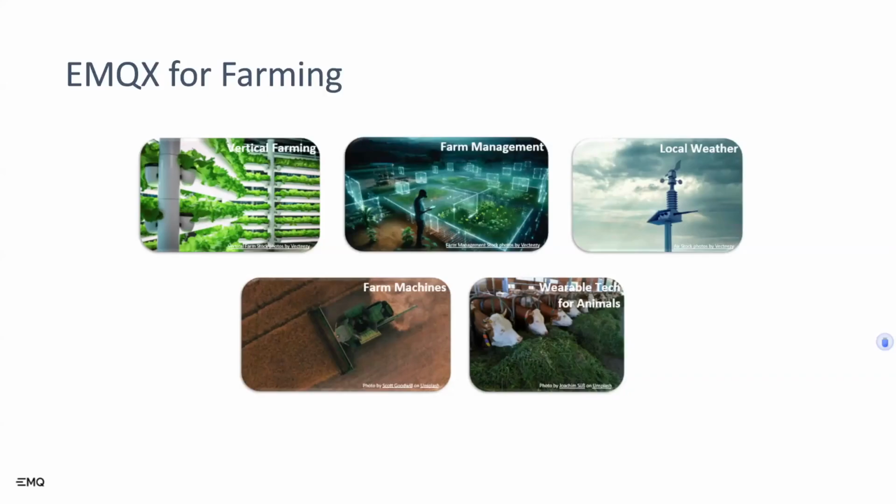The biggest vertical farming company in Europe is also an EMQX enterprise customer. They are building a very high-tech farming building. It's literally a building which can stack up all the plants, so it's vertical. You don't just spread the plants all over a field. You stack them together and create a vertical space to raise these plants. That means you need a very strong capability to